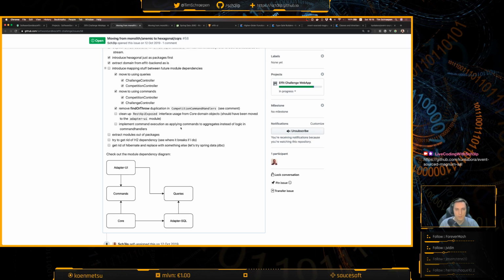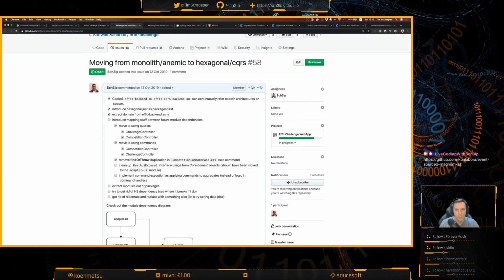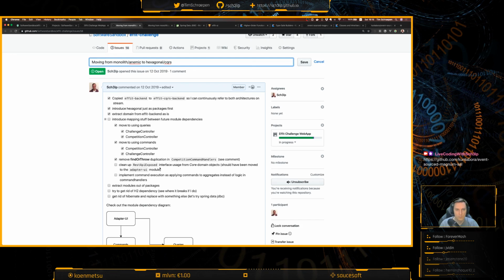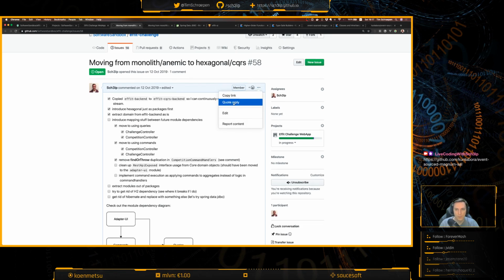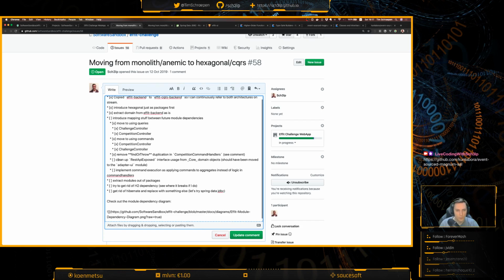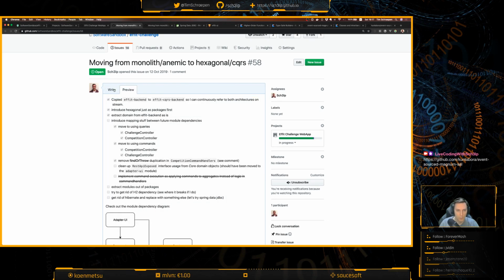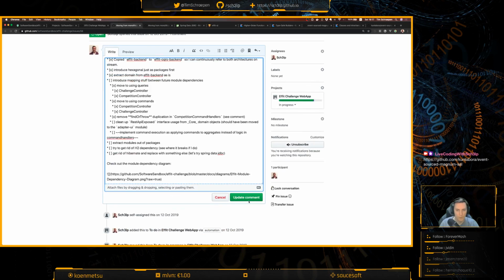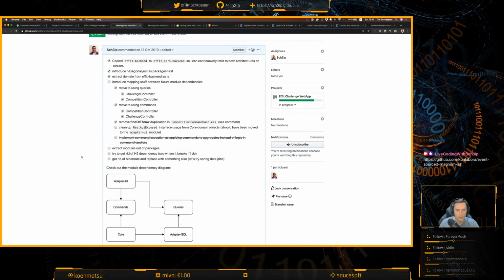Command execution as a blank. Yeah, I don't want to do this anymore, in fact. Maybe we'll just cancel, edit this thing, and then strike through. I think it works like that. Yeah. And that's about it.